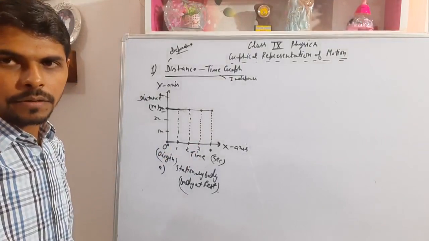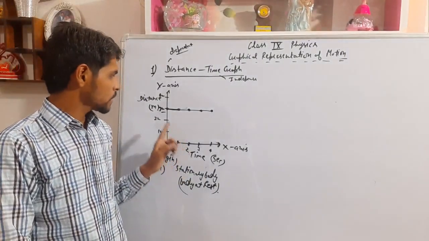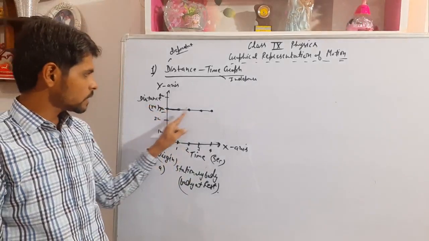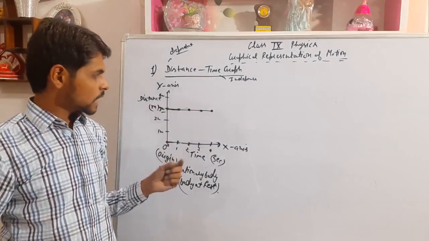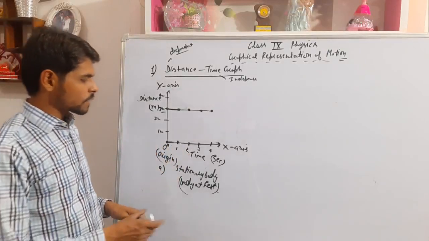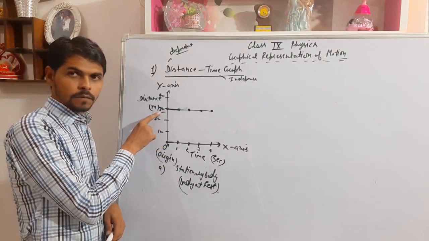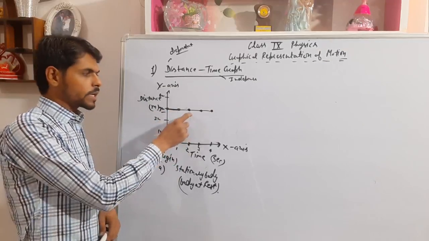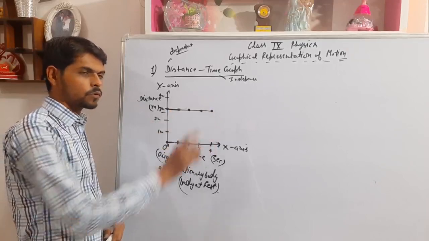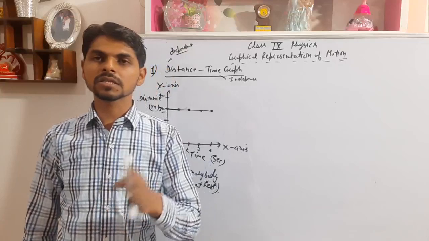So we will rub it. So now look at this. After rubbing, now this line is called the graph. This graph is representing that the body is at rest. How? At point 0, the body is at 3 meter. At 1 second, the body is also at 3 meter. 2 seconds also 3 meter. 3 seconds also 3 meter. 4 seconds also 3 meter. It means time is changing, but distance is not changing.